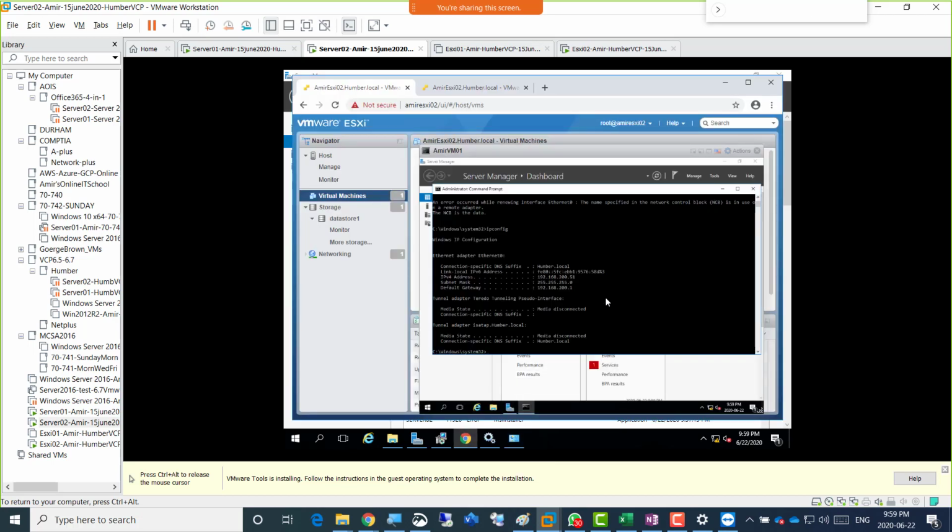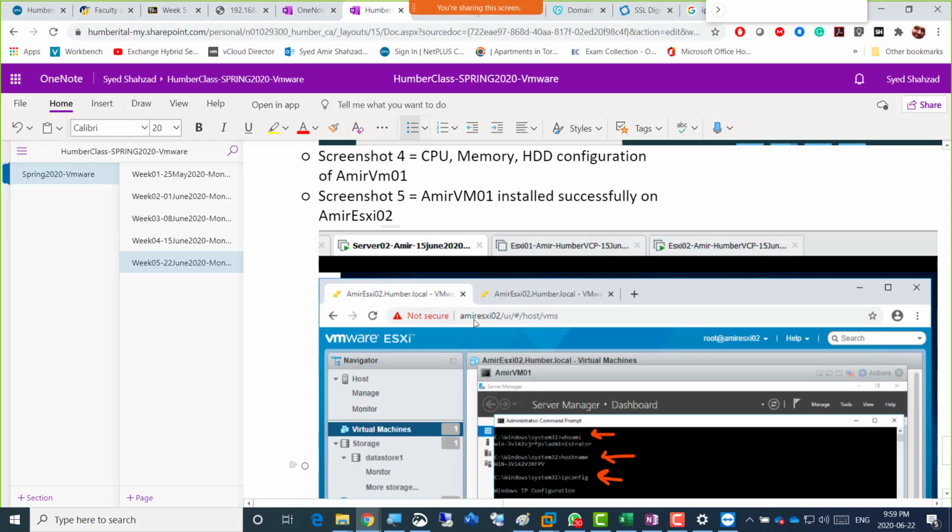I am in VM01. So first, type the 3 commands here. I'll put those 3 commands here, guys. Yeah, I did that, sir. Host name, who am I, and IP config. But it's not, it's showing